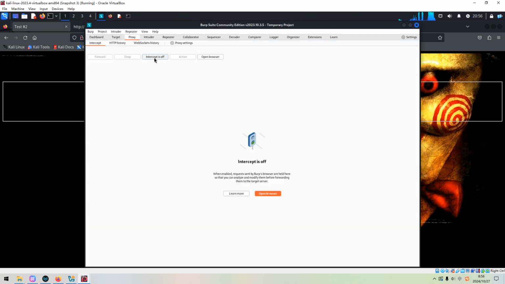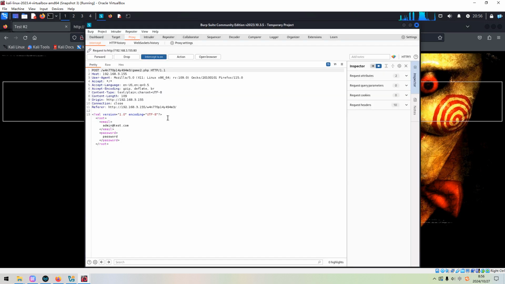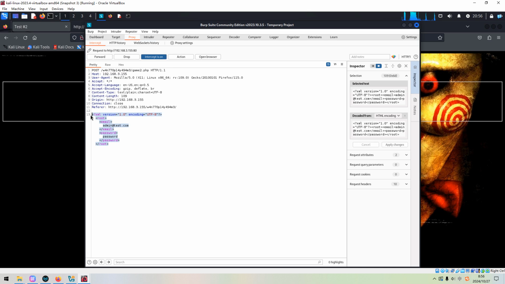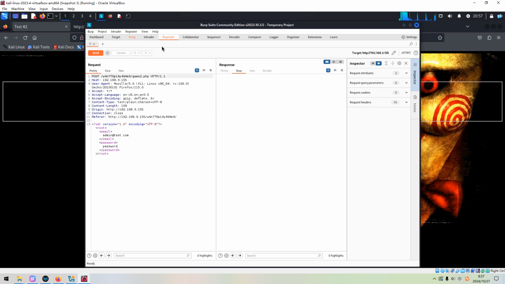Go to the proxy, and we can input anything, test.com, login. And then, as you can see, we got the request. Yeah, our guess is indeed correct. The post body is in the format of XML. So then we can send the request to repeater, or Intruder module.